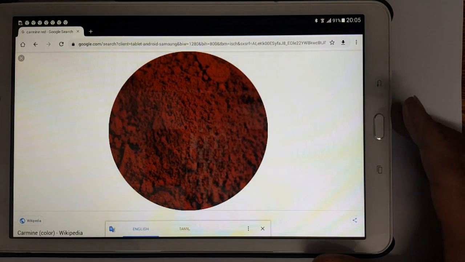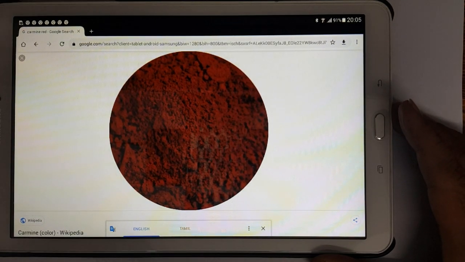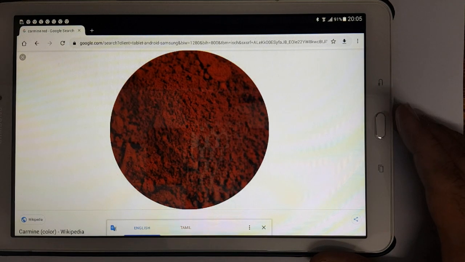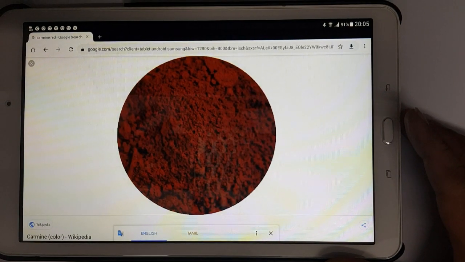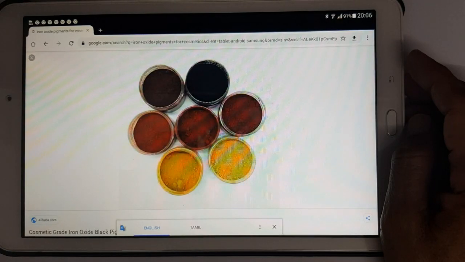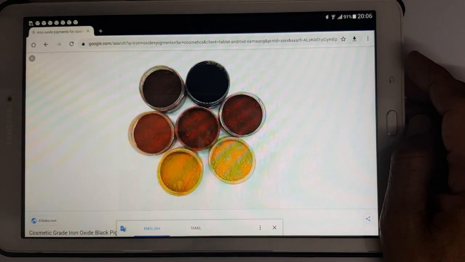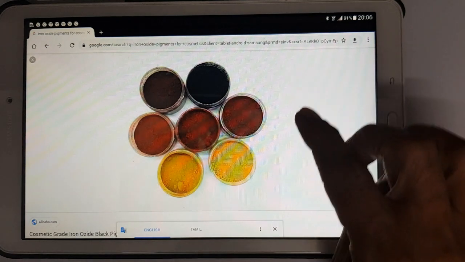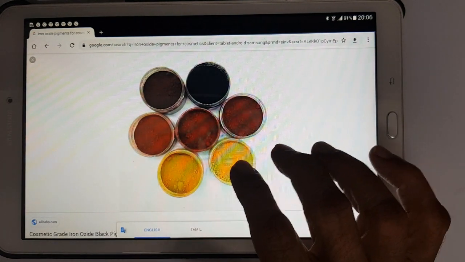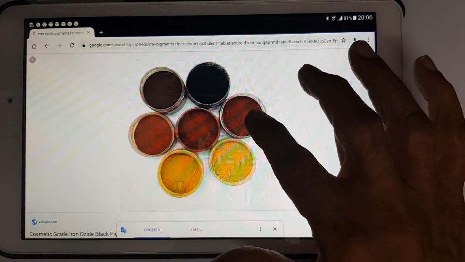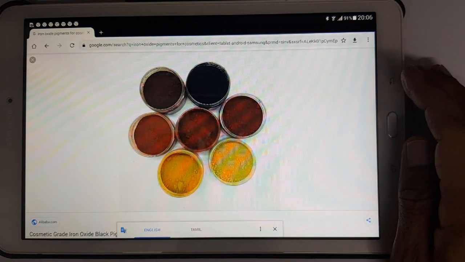This is carmine red color from cochineal, right? Carmine red color from cochineal. All samples of iron oxide pigments used in cosmetics, various shades, and even in yellow, you can get 2 shades of yellow, and you can get different shades of red.